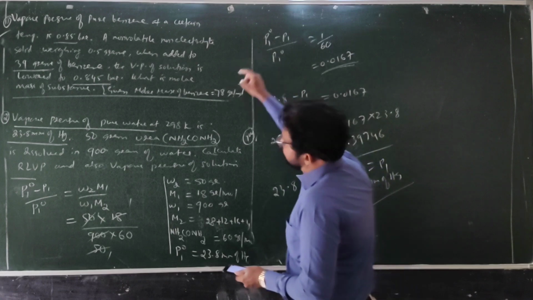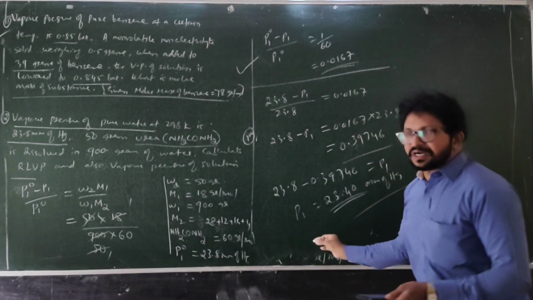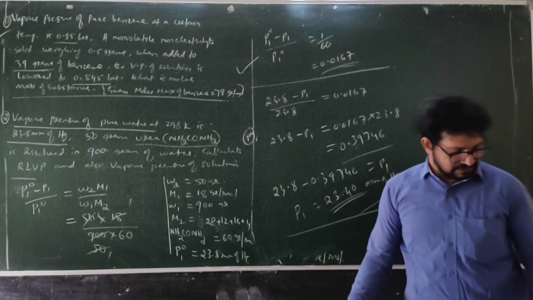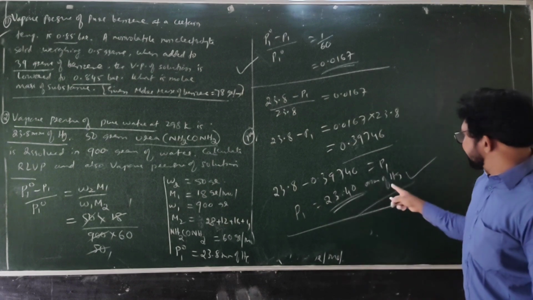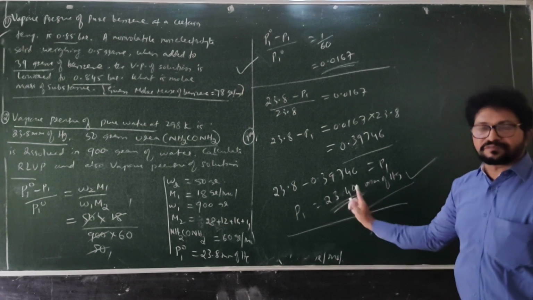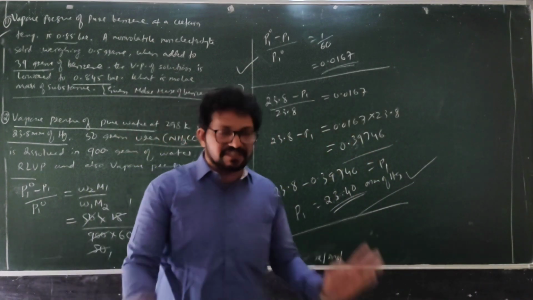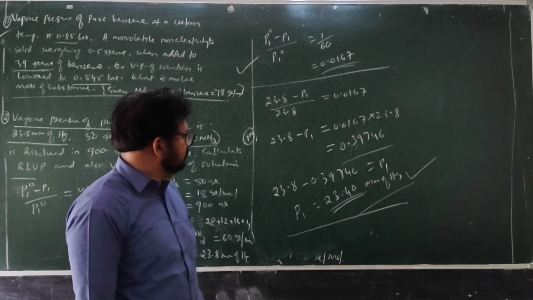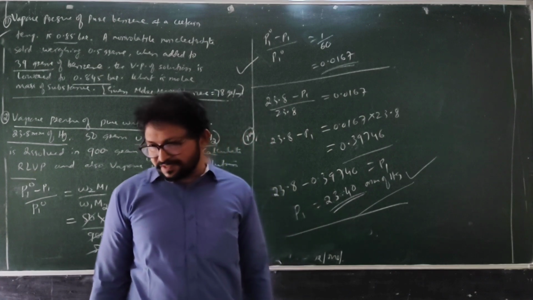So calculate RLVP. It is this one. What is the vapor pressure of the solution? Also I have worked out. So this is how. 23.8 is more than 23.4. How much is lowered, you have understood. So much is lowered. Okay, this completes one of the colligative properties.